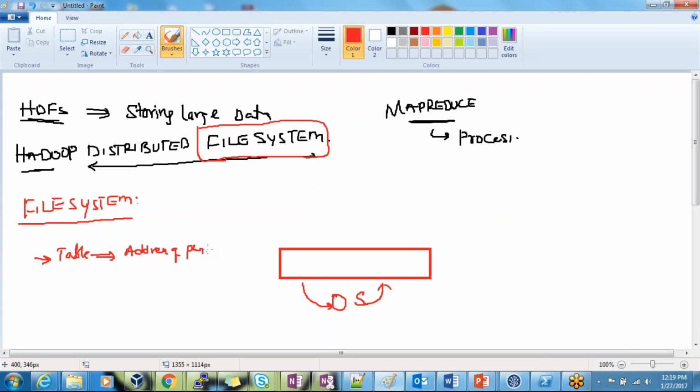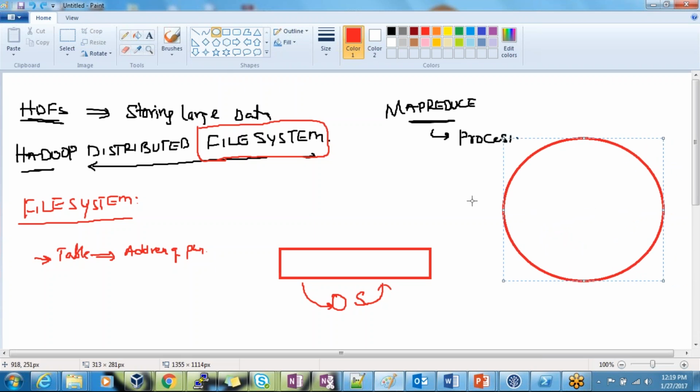Now let's see how the data will be stored on the hard disk. This is a little important thing we need to understand, because of how the hard disk looks. First, understand how the hard disk looks. You'll be having a hard disk, which has platters, right? And in this disk you'll be having small